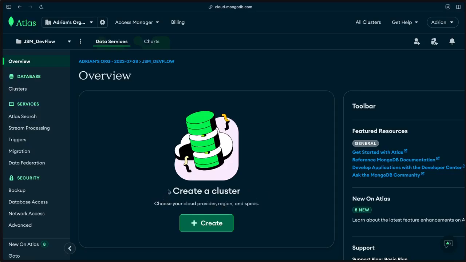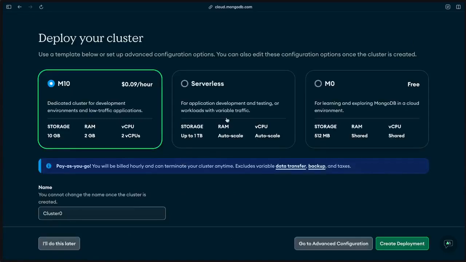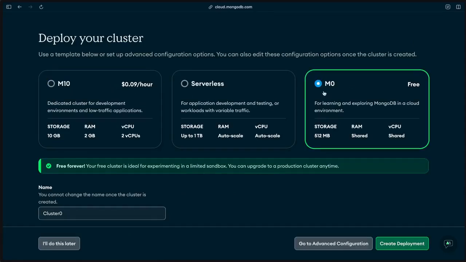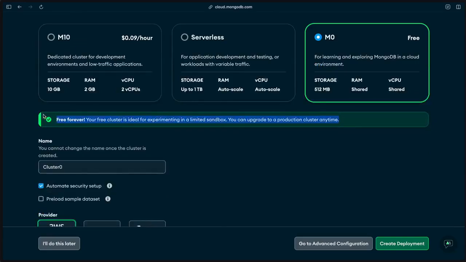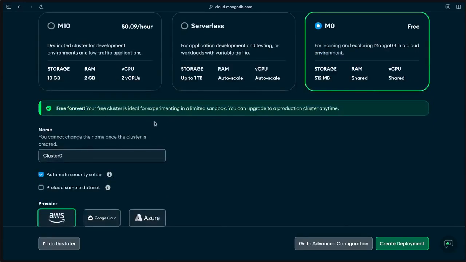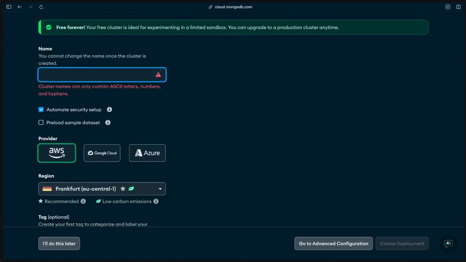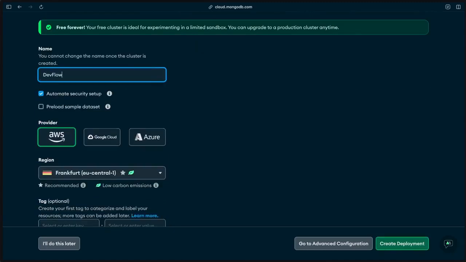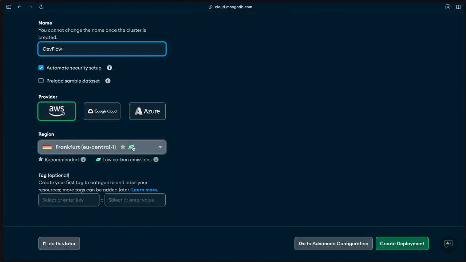A cluster is a group of MongoDB servers that work together to store your data, manage queries, and handle requests. They're designed for high availability and scalability. So let's go ahead and create a new cluster. It's going to ask you to choose a version. In this case, we're going to go with a completely free one, M0. You can upgrade anytime, but it'll be completely free forever if you decide not to upgrade. Let's choose a name. I'll do something like Devflow, and you can choose the region that is closest to you